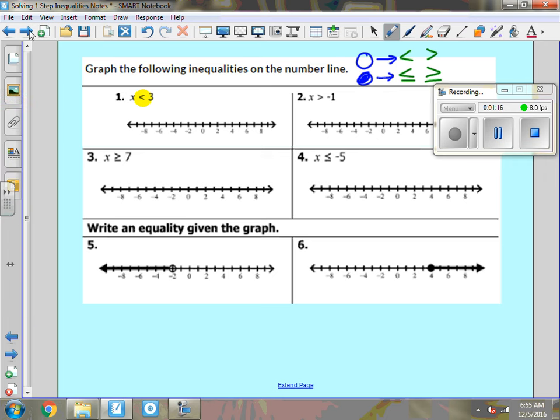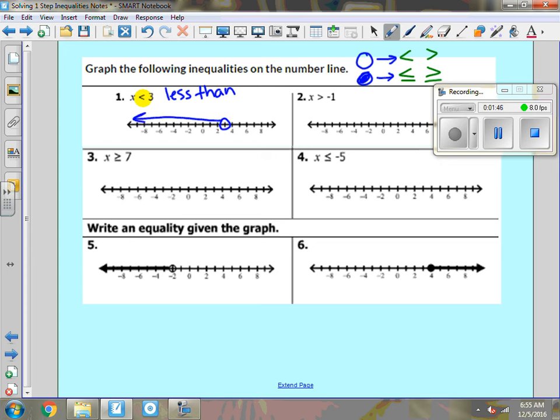So now I'm going to find 3 on my number line, make an open circle. And then the way that we need to figure out which way to draw our arrow is that we're going to ask ourselves if we want the numbers that are bigger than 3 or smaller than 3. Because this is a less than,